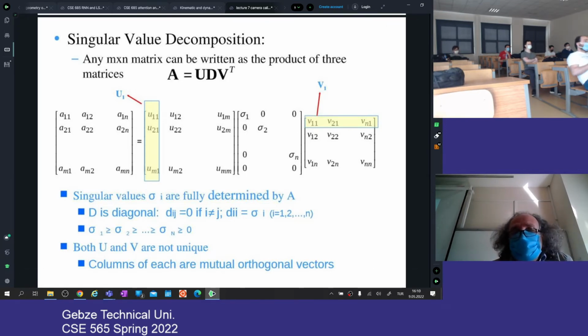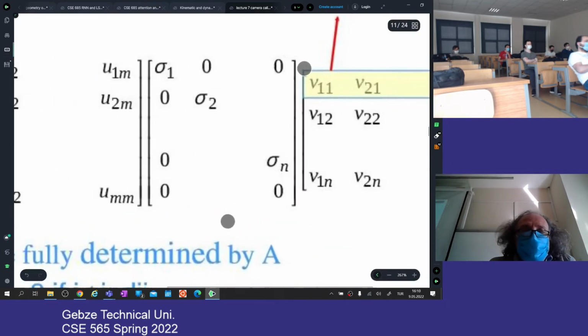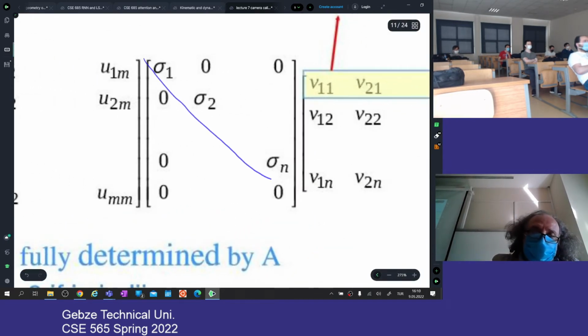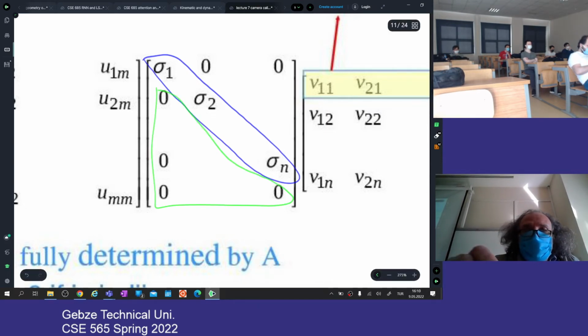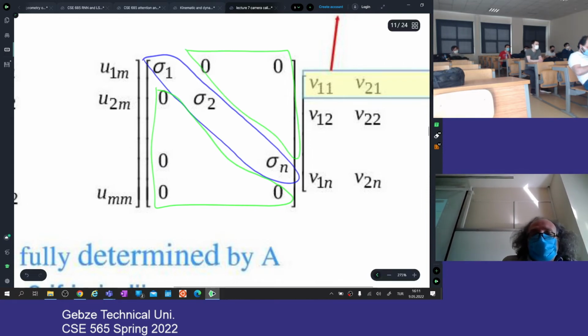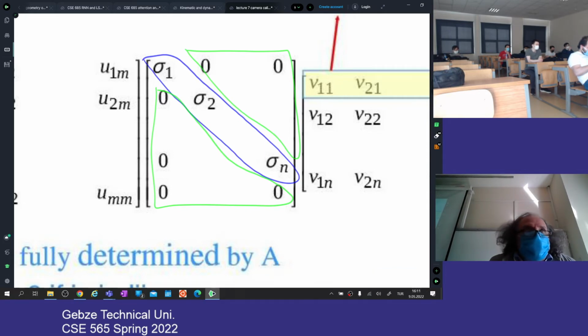We say that our D matrix is a diagonal matrix. What's a diagonal matrix? Only the elements of the diagonal line here could be non-zero. All the rest has to be zeros. Okay, so this triangle here has to be all zero. This triangle all has to be zero. This diagonal could be non-zero. Of course, being zero is a possibility for that diagonal too. But other than the diagonal, everything has to be zero. And these are our